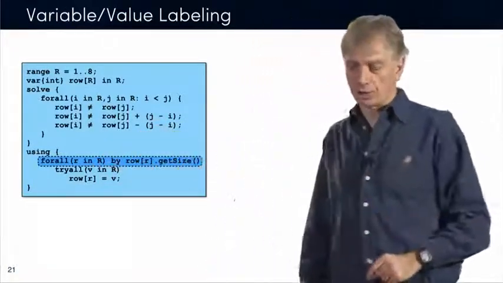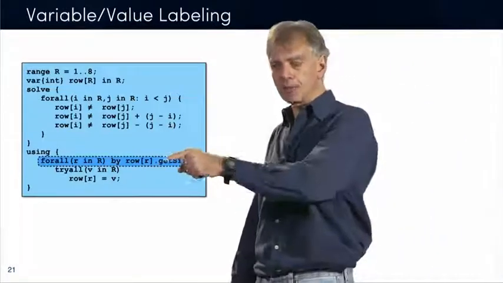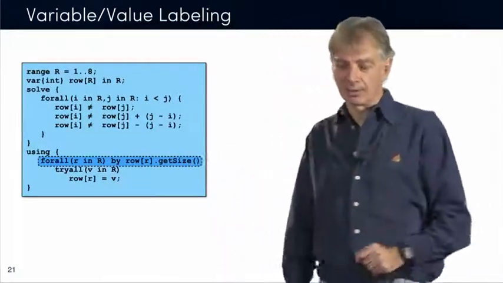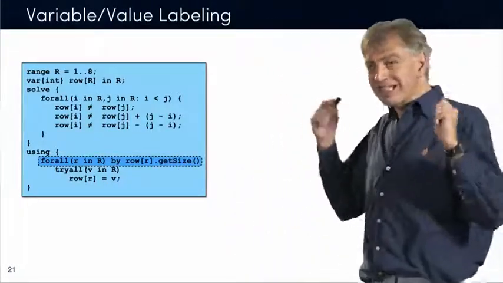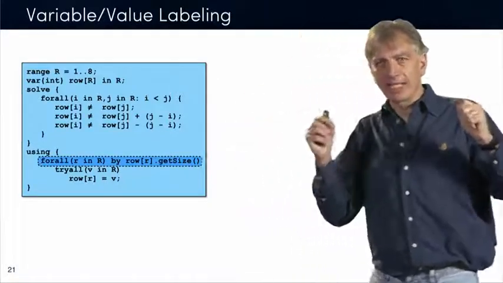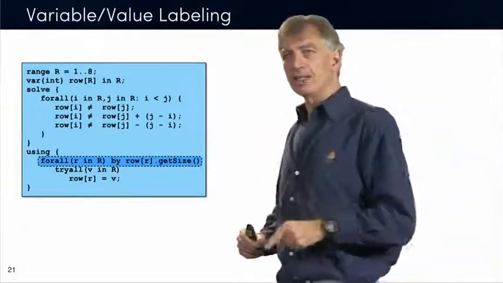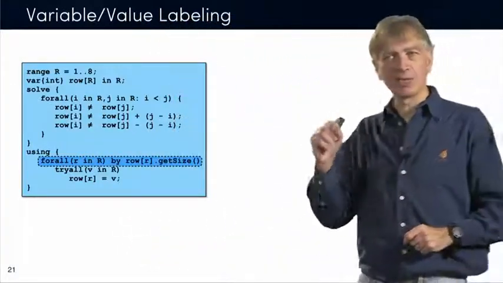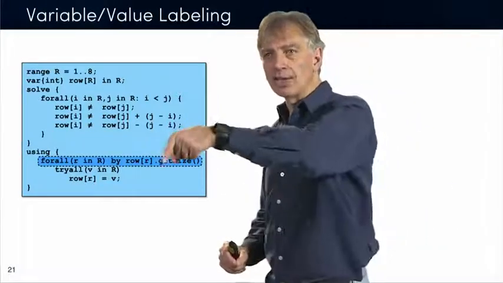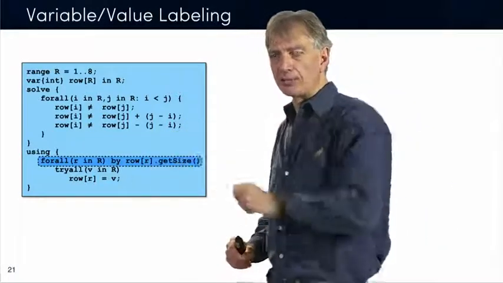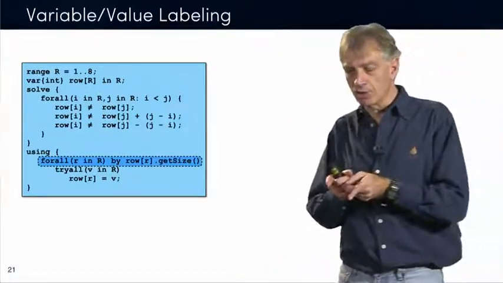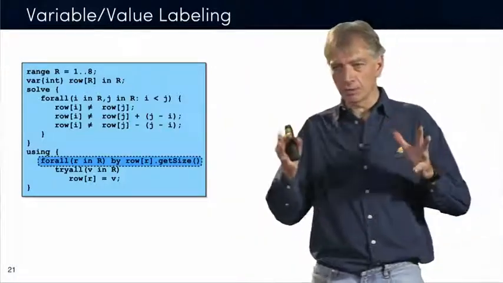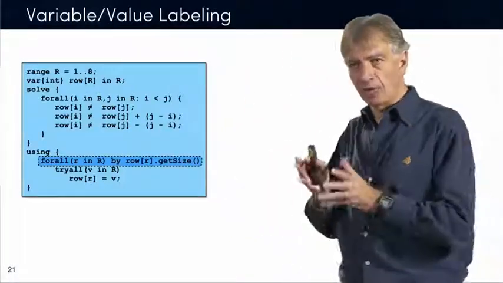The forall instruction now is capturing an order. And in this particular case, what I do is that I look at the variable row r, and I take the size of its domain. And that basically tells me what, at this particular point in time, the domain size of that variable is. Okay? So in a sense, you have to view this iteration now as: look at all the variables which have not been given a value so far, take the one which has the smallest domain, and execute the body. Okay? So you take the variable which has the smallest domain now, you execute the body, which will assign non-deterministically a value to that variable.